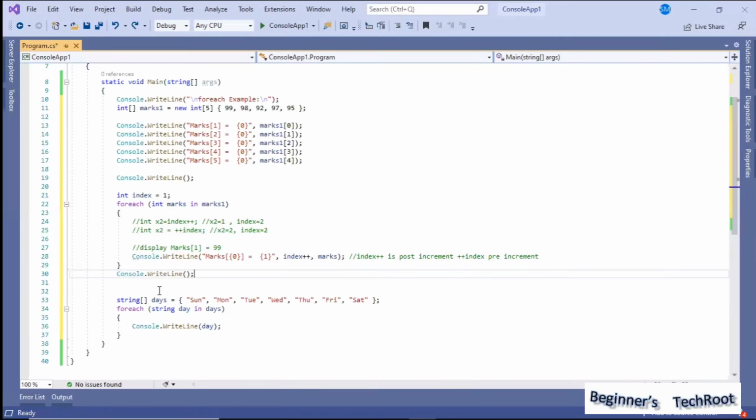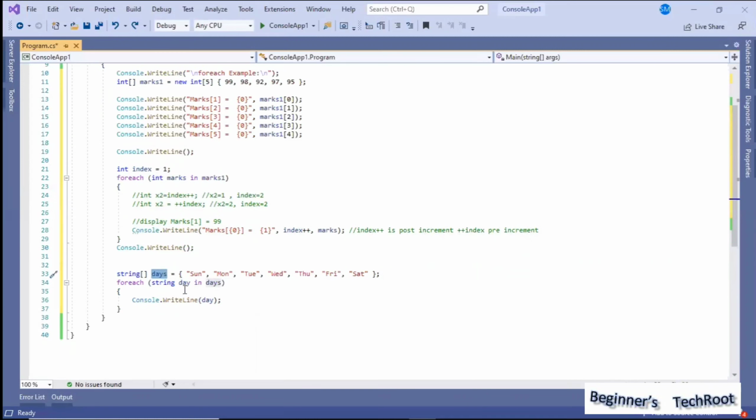Similarly, we can even define an array with strings. Earlier we discussed that when I am declaring and assigning together, I can omit the size, so that it takes the size of the array automatically, based on how many values we have assigned.